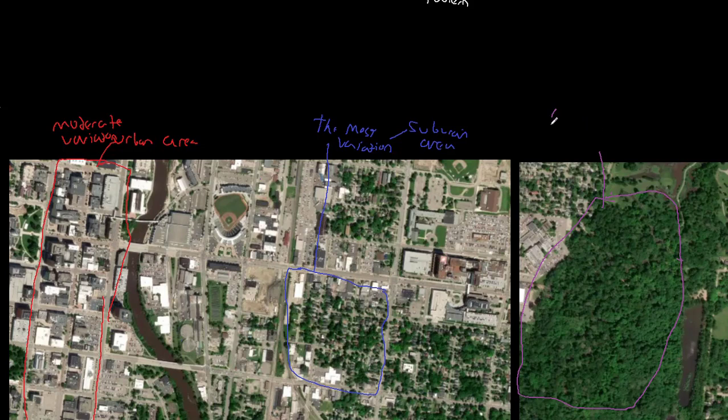So this would be lower variation. And this would be a forested area, maybe like a park or a natural area,